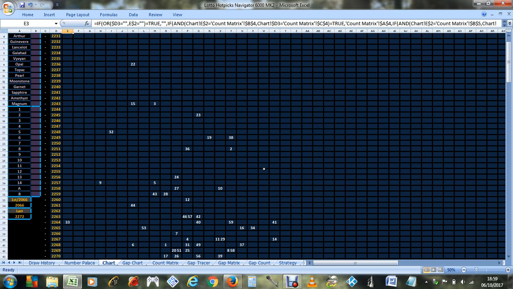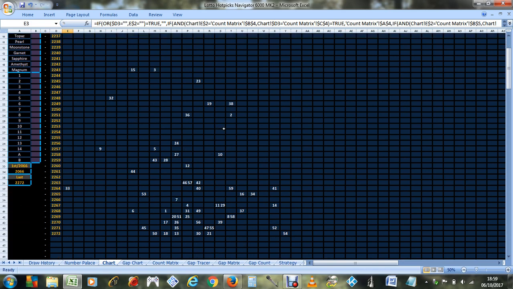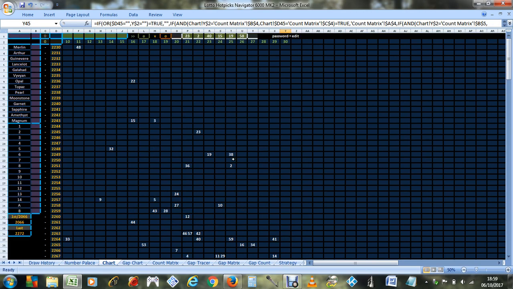And to do it manually would take you probably all day, because that's how long it took me the first time I did it. It took me all day to do this manually. And when I'd done it, I chose a number from the chart